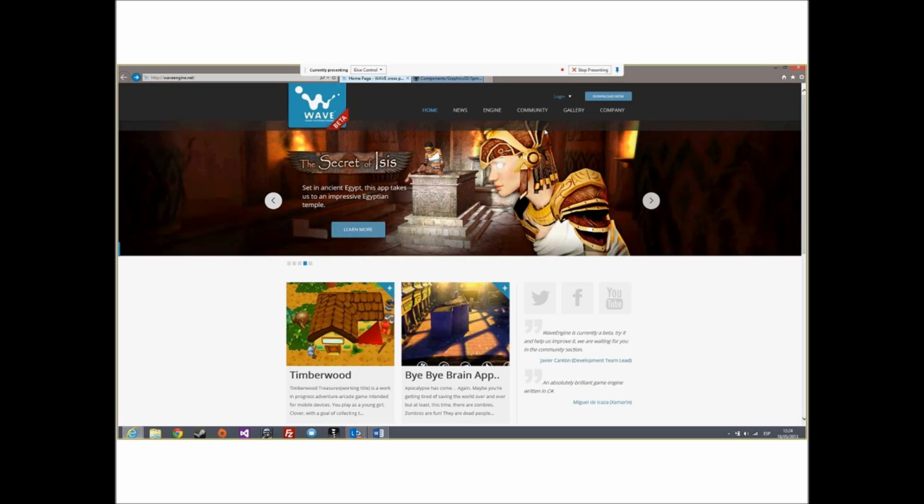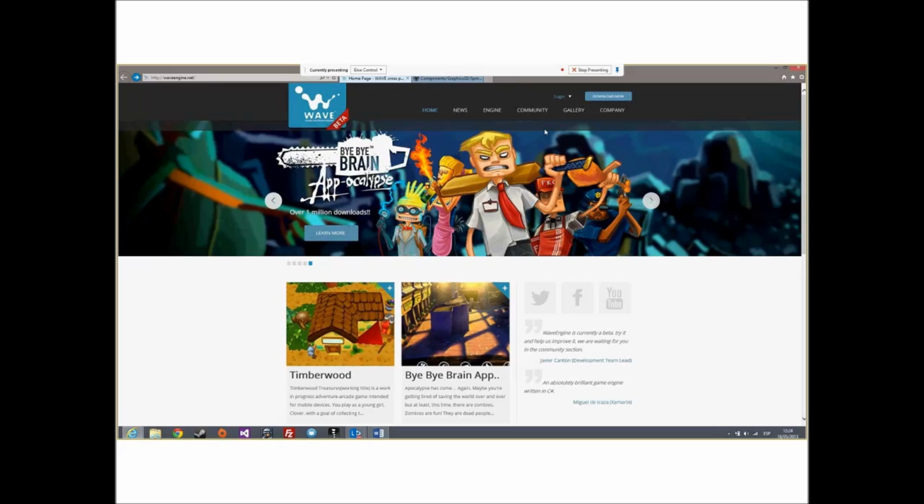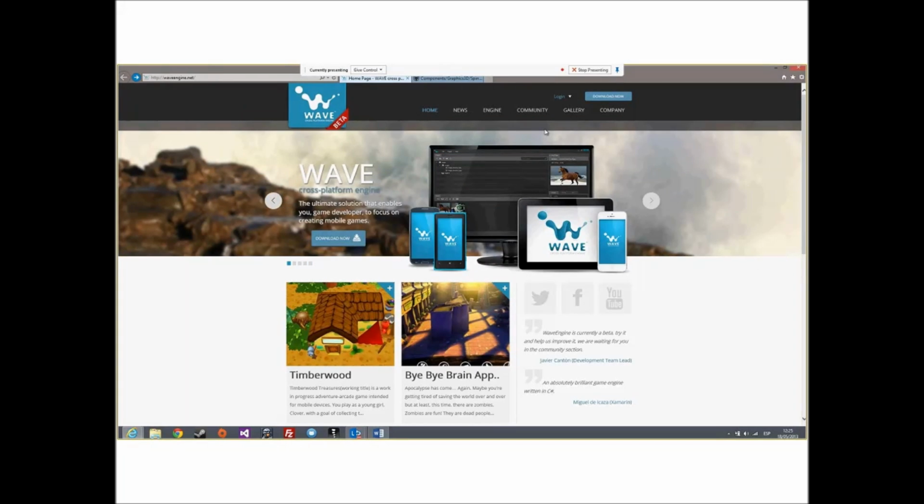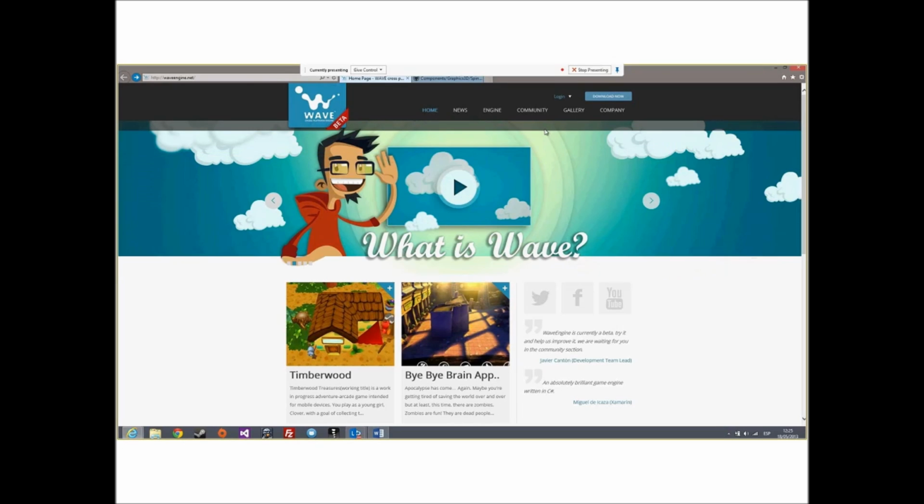Currently, the idea is that Wave Editor, something which I've been calling now Assets Exporter, will in the future be the visual editor for creating your own games and behaviors and so on.